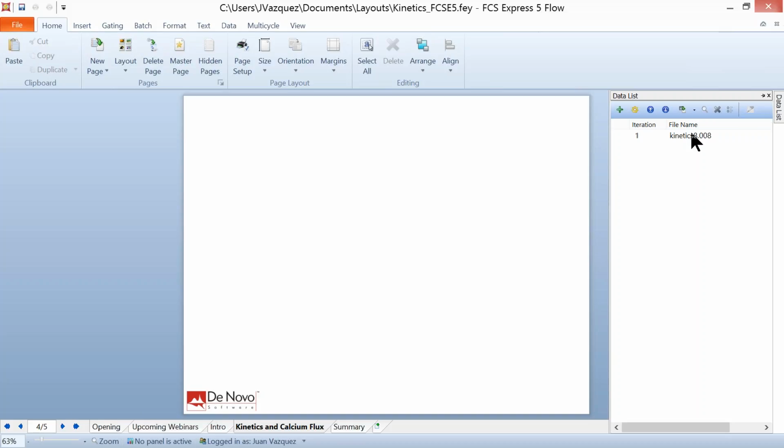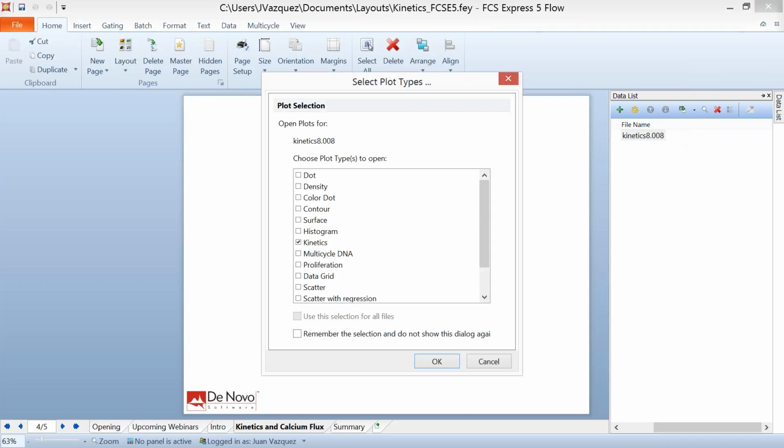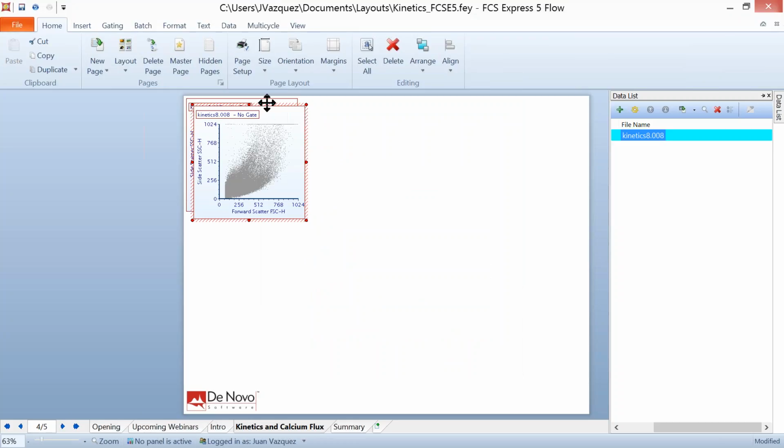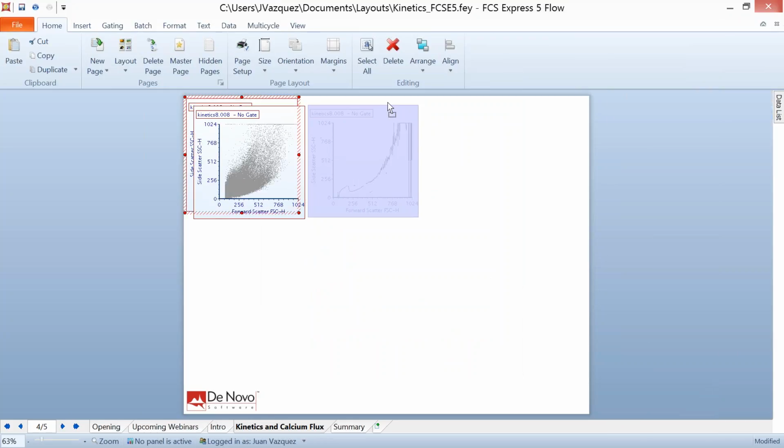But I already have a data file here in my data list, so what I'm going to do is create some 2D plots to begin with. I can do that just by selecting the file and dragging and dropping it on our layout. FCS Express is going to prompt me for the plot type that I want to use to display this data. I already have kinetics selected, but I'm also going to select color dot plot at the same time. So when I click OK, you'll see here that I have a color dot plot